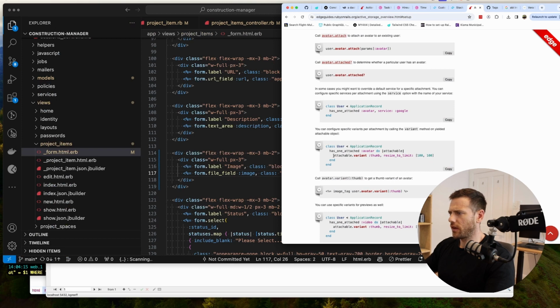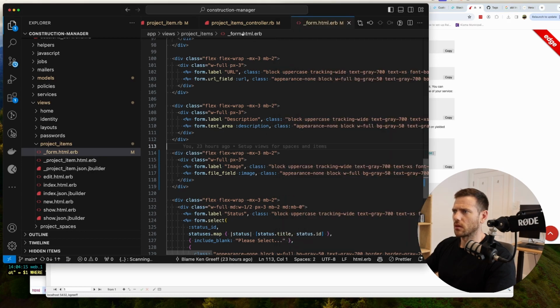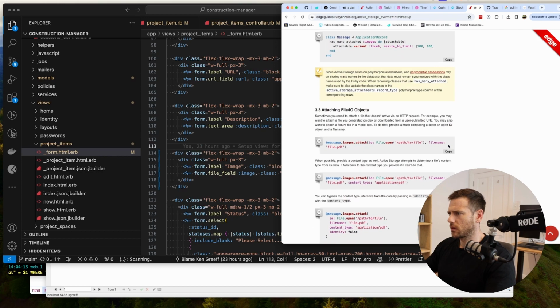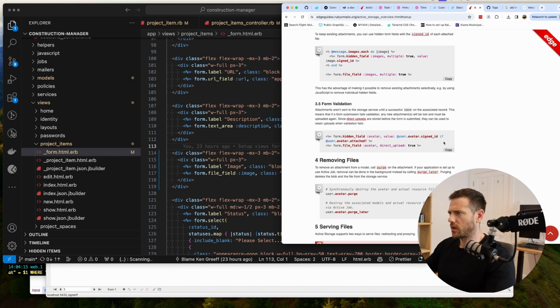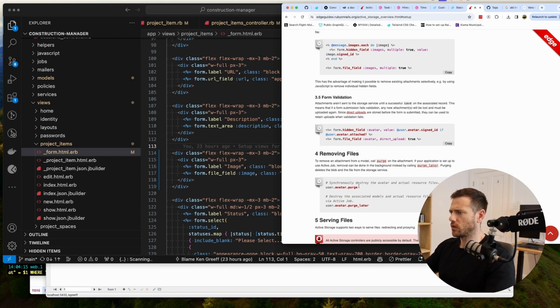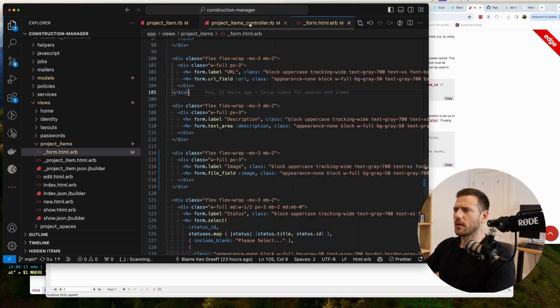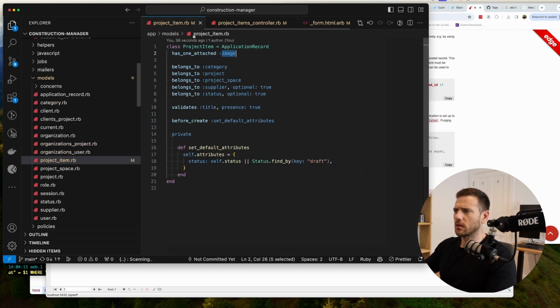So this is how you create variants. I think we should do this as well. So how do we clear as well? Replacing. Removing file, so you purge it. Okay, so let's go into this